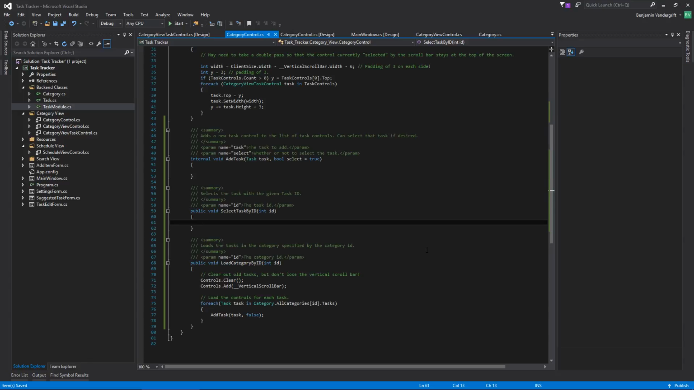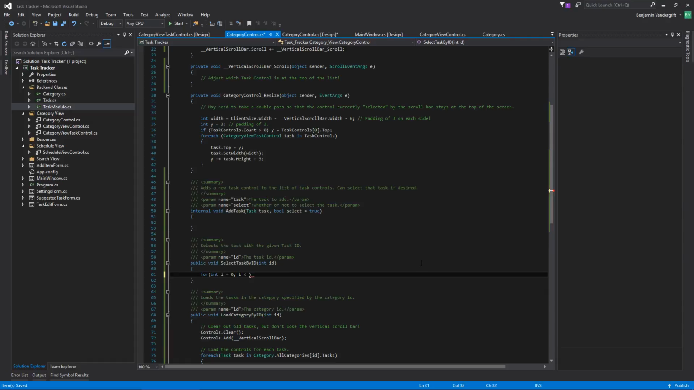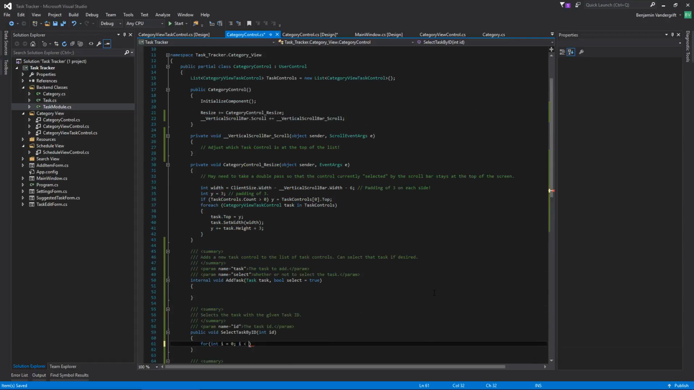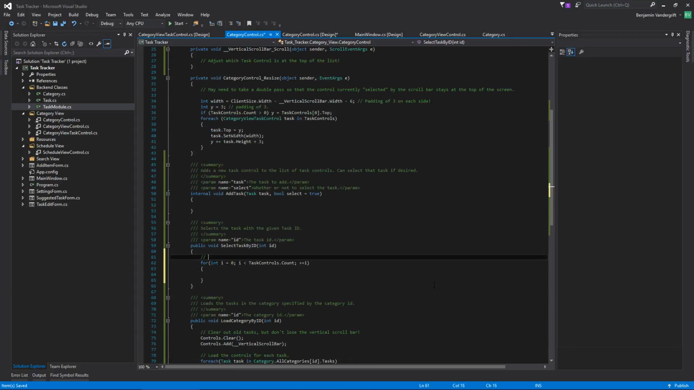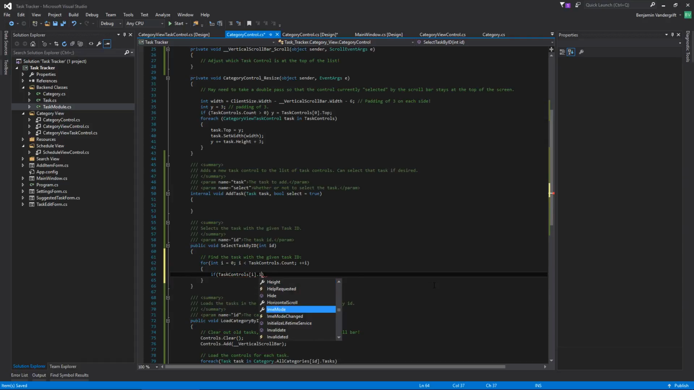Okay, select task by ID. So what this wants to do right here is, for an i equals 0, I'm doing it this way because I'm going to need to know what index the control is at. Task controls dot count plus i. So find the task with the given task ID. So if task controls i dot, actually, okay, so I'm going to need to